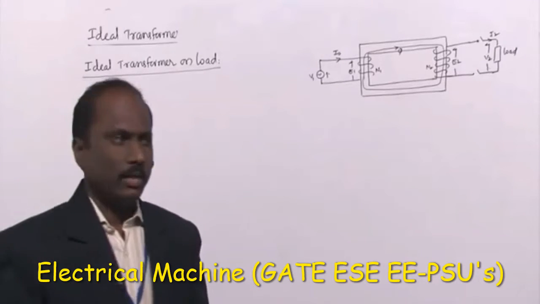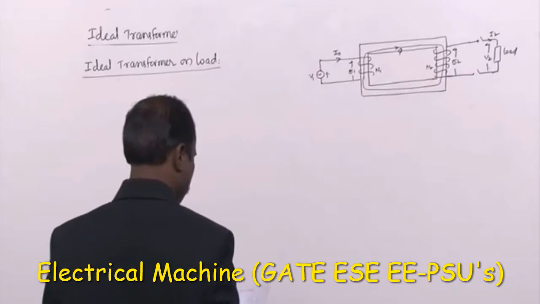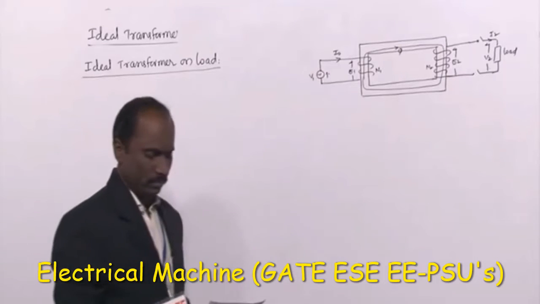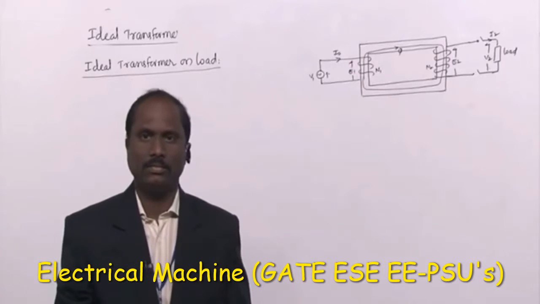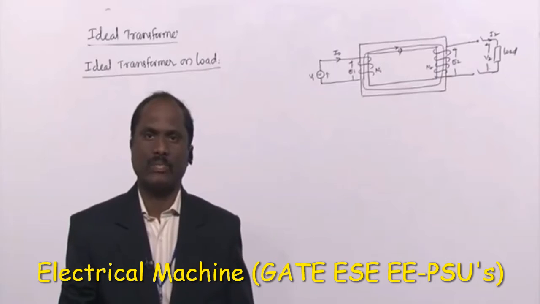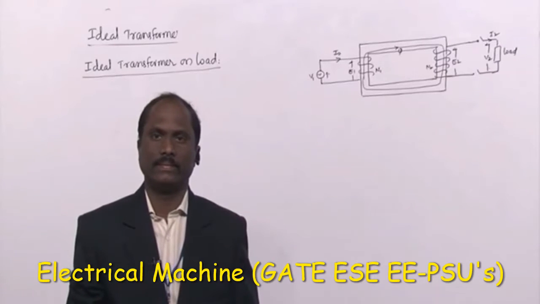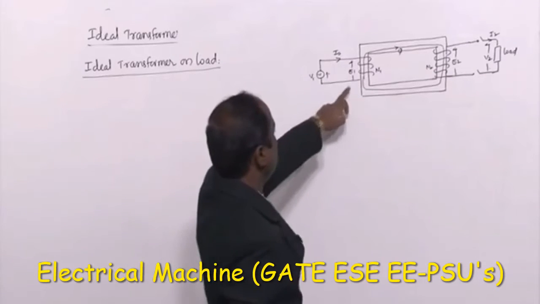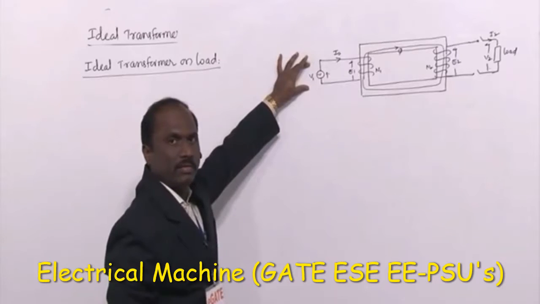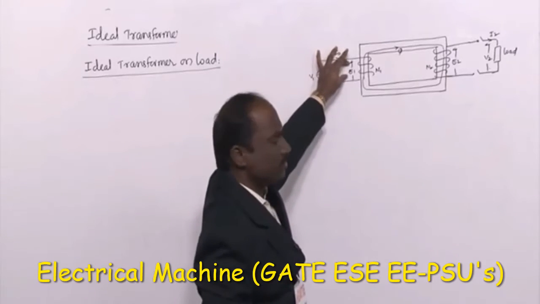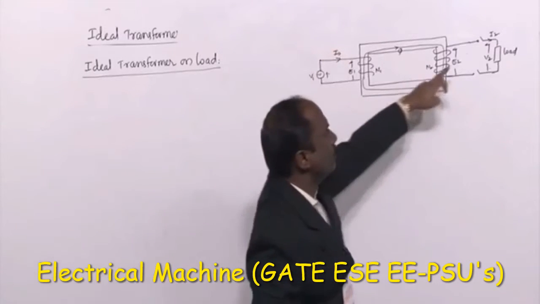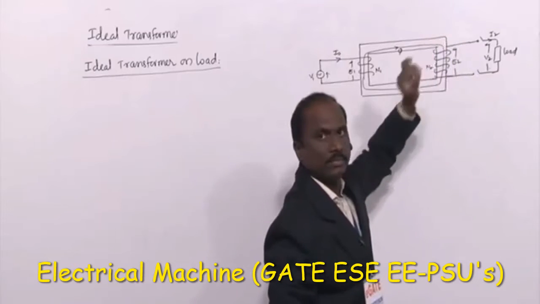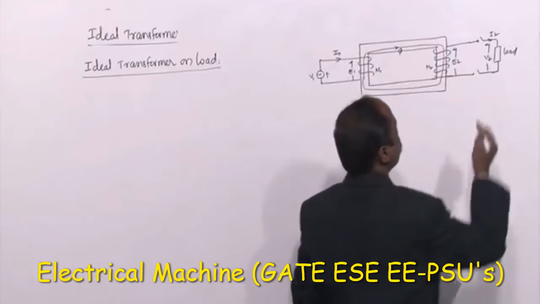This is the ideal transformer on load. Here you see the transformer primary is excited by an input voltage of V1, so the induced EMF in this one is E1. When the switch is open, the induced EMF is E2. If you close the switch,